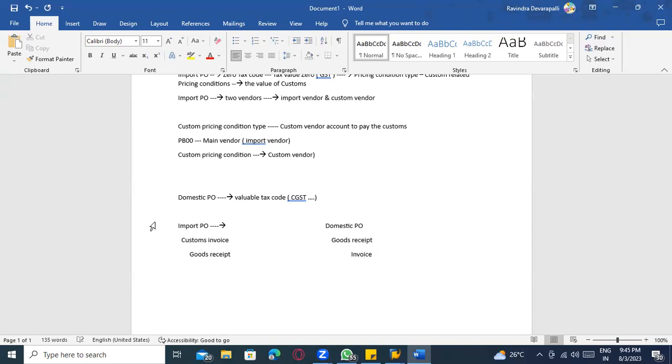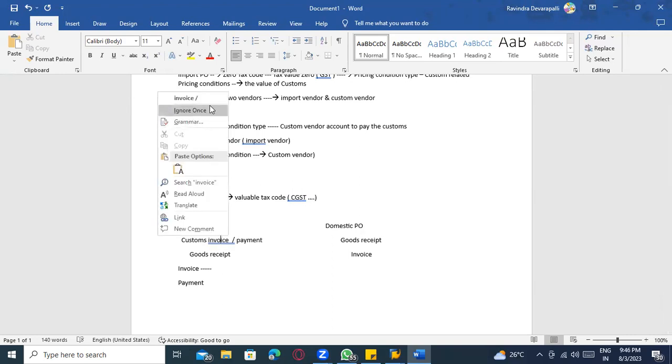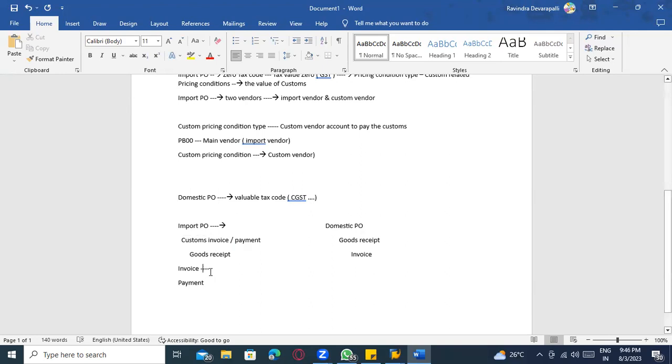Then after you receive the goods, you create the invoice for the import vendor, a normal invoice for the vendor, and then payment. Here also there is customs invoice clearance and payment. So here two invoices will be created: one invoice for the customs vendor and another for the main vendor, that means the import vendor. Clear?